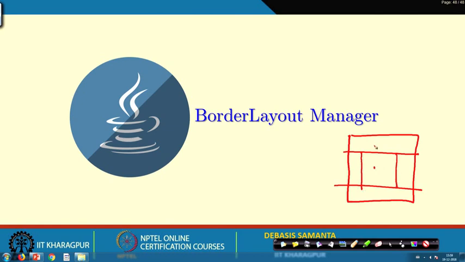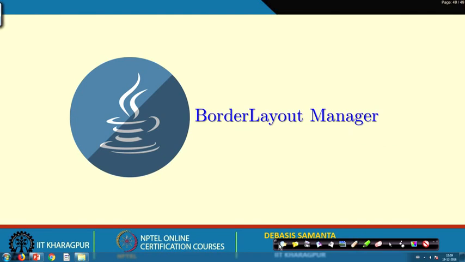So, this is basically north, south, east, west, and center. These are the borders. This layout manager will place some component in this area, then some component here, here, and here. So, the whole frame can be managed in this form. This is the idea about the border layout manager.